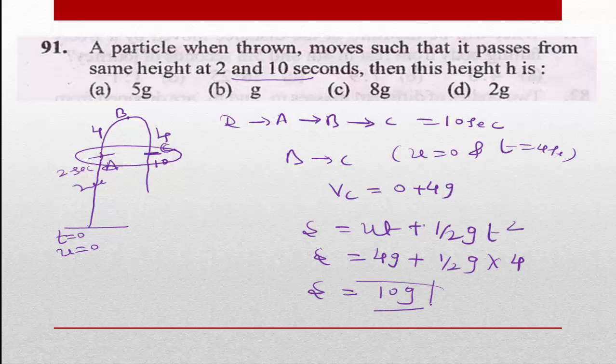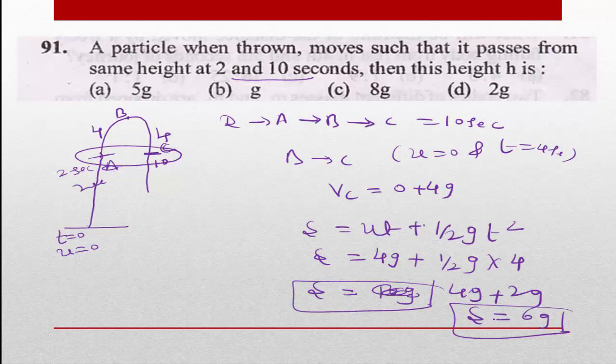S equal to 4g plus 2g, that is 4 plus 2 is 6, S equal to 6g. This is the question number 91. The exact answer is